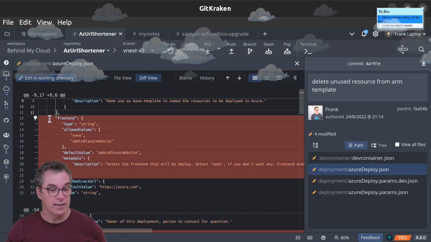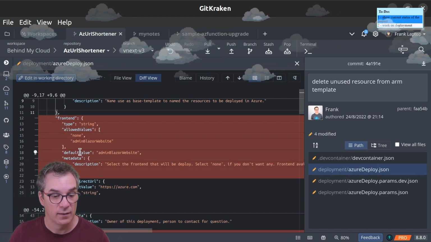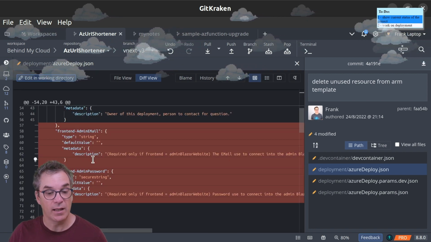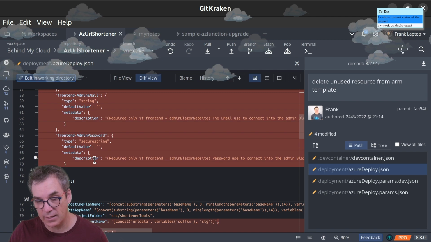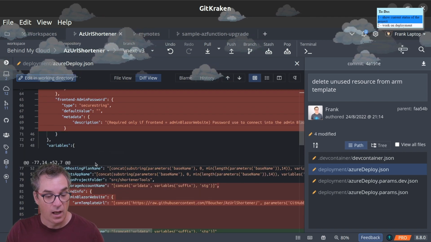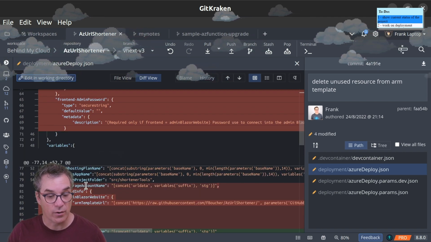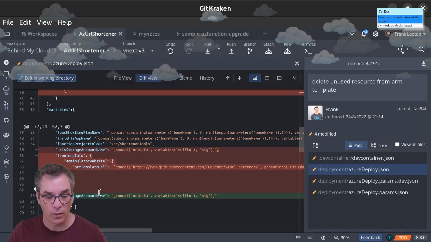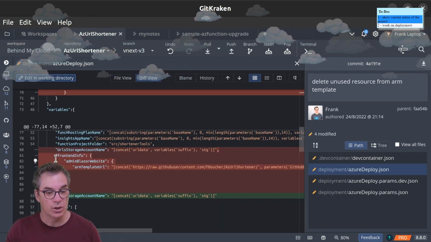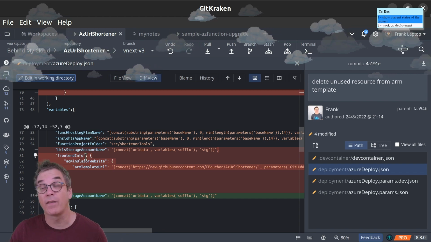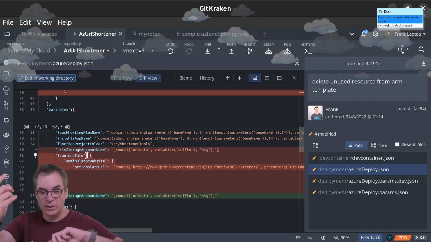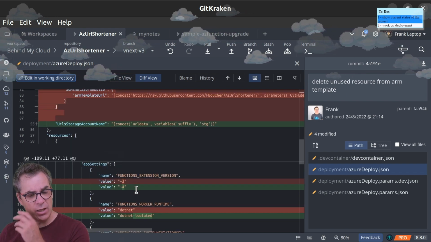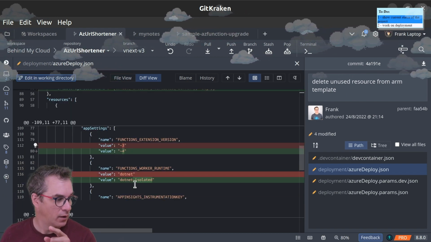The major changes are here. I removed the front-end value, and the front-end email and password, because we don't need that anymore. I removed the URL storage account name. Did I remove that? No, it just moved. Okay. I removed the front-end info because I don't need it passed anymore. And I changed the version of